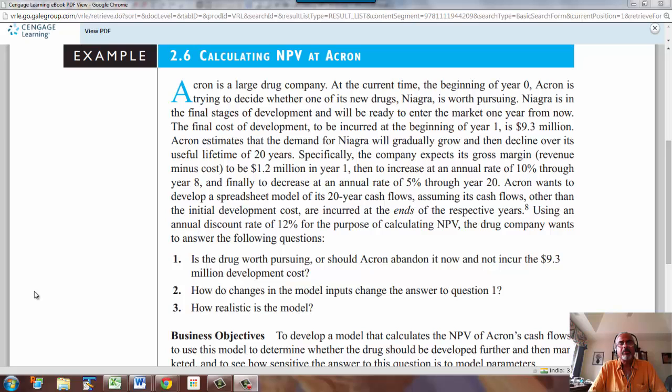On this last example of this chapter, we're going to look at net present value. Financial computations are a very important part of quantitative analysis. So we're going to look at a case where we have a drug company that's introducing a new drug, and